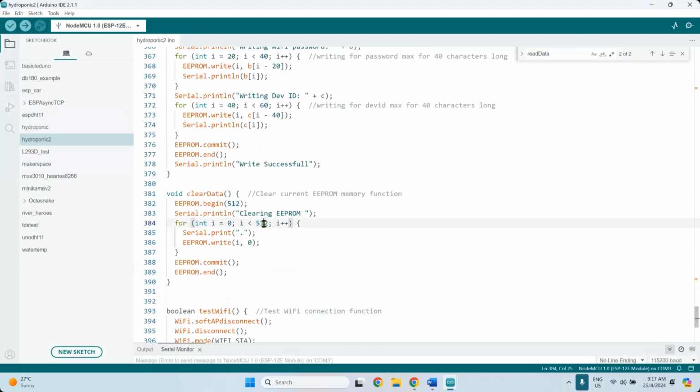So this is basically the size of data that I usually store in the EEPROM. As long as anything less than 512 characters long, you should be able to store this into your EEPROM. And normally you use this to store Wi-Fi SSID, Wi-Fi password, or any small configuration data. You don't store the entire book inside EEPROM. That's not what it is for. It is for configuration, for settings, for small data types. You don't store a lot of data inside here because the size of the memory is very small.